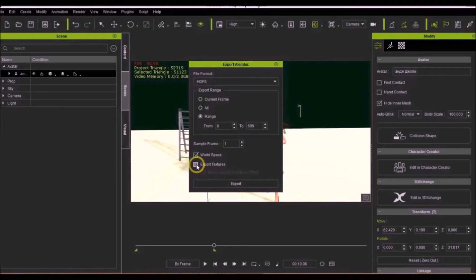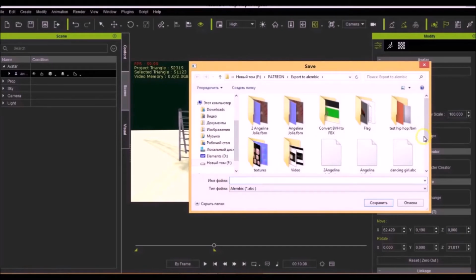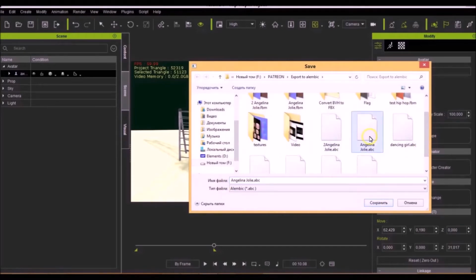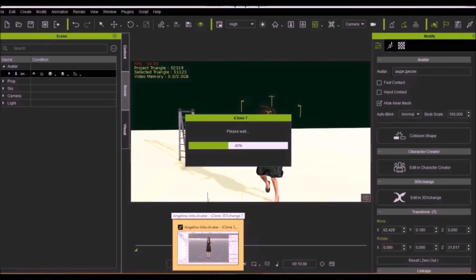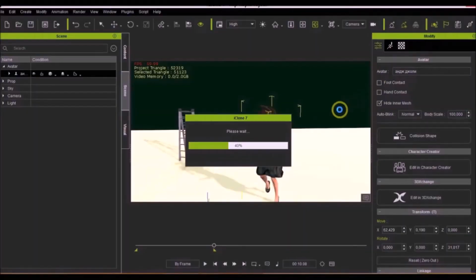Export range. When you export an object with animation or motion to an Alembic file, you can determine whether you want to export the object's status in one frame or in a range of frames. For soft closing, a range of frames is best, but for a static object, you are better off choosing one frame that is most suitable for texture transfer.